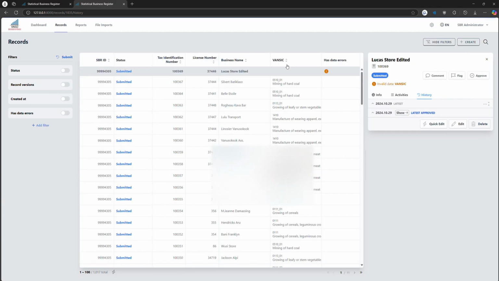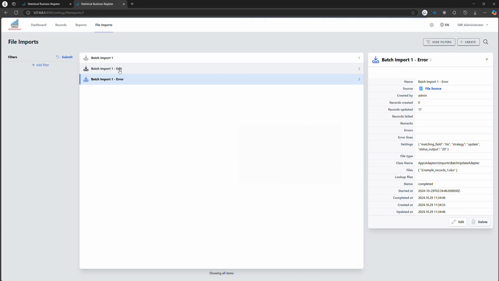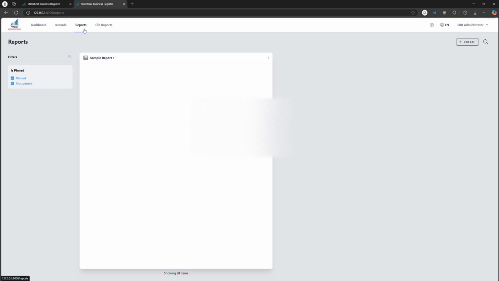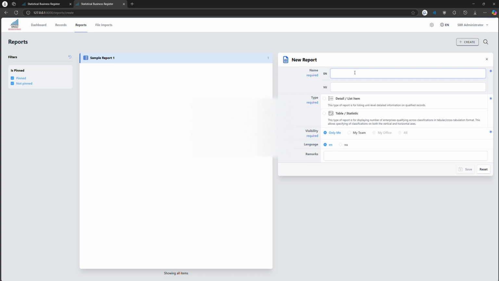And then, yeah, that's how we import by batch using Excel, do some editing, and show some data errors. Okay. So now we can proceed with the reports generation. So we have a sample report here. Let's create a new one. So let's call it enterprise list under